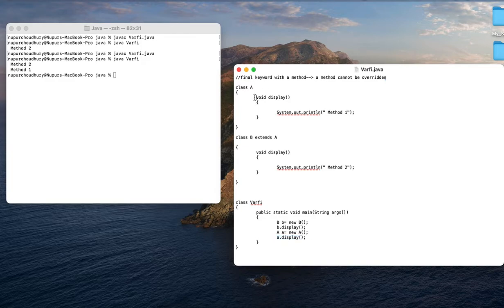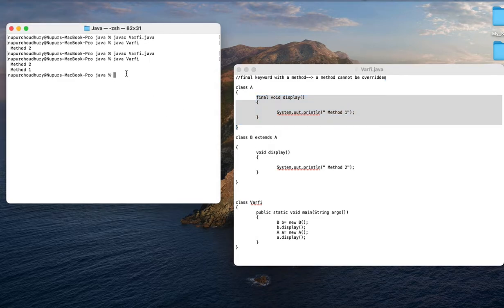Now suppose I do not want this particular method to be overridden by this method. So what should I do here? Instead of doing anything, I should simply write the final keyword here, okay, in front of the method which I do not want to get overridden by any other method.